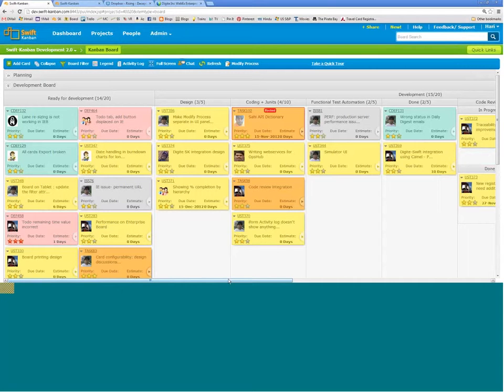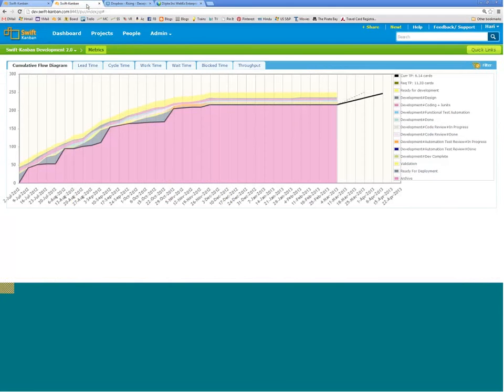By just looking at the board and the legend, you know that we are doing a lot of user stories, which are yellow. We have one customer defect, which is blue. We have some internal defects, which are pink, things like that. So you just get an aggregate view of what's on your plate and what you are working on. That's not the focus of this discussion, so let's move to the actual cumulative flow diagram.